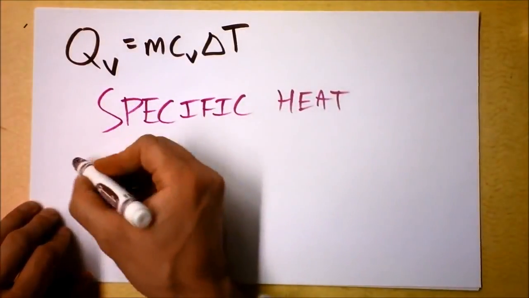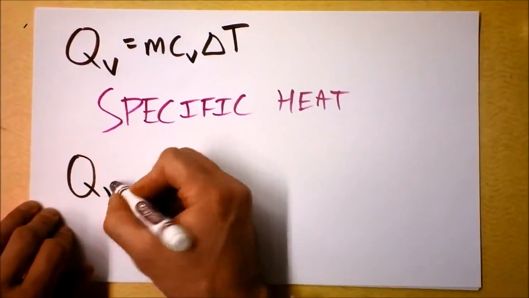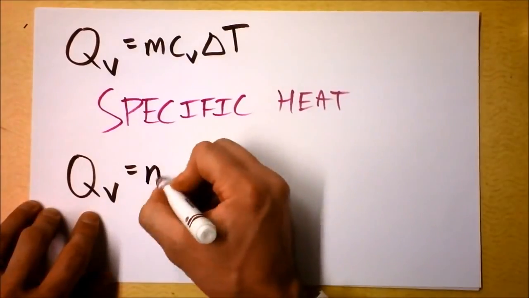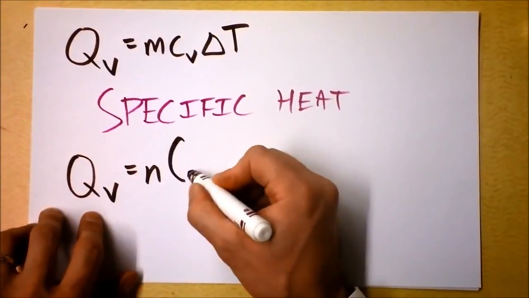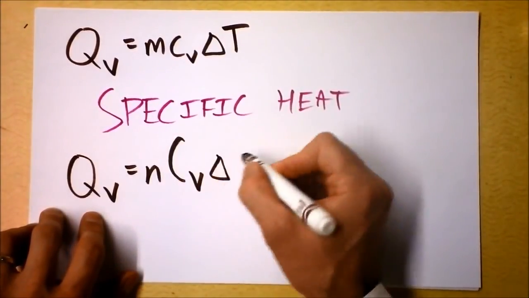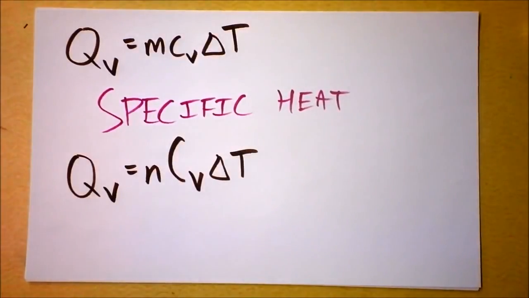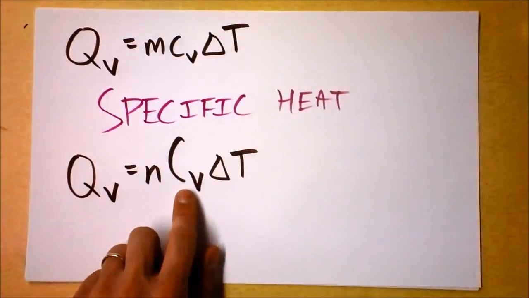And then I can write this other equation that is annoyingly similar, but you'll be able to tell the difference of these. Look at that, isn't that cute? And this is a capital C, and then times delta T. So you'll be able to tell the difference between these two because this one doesn't have this